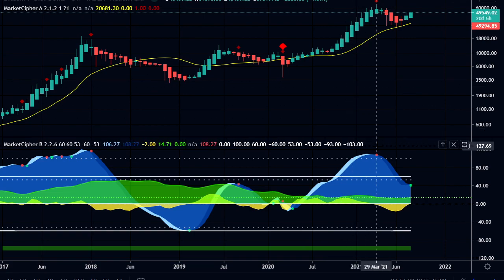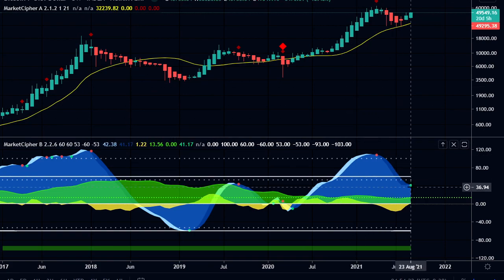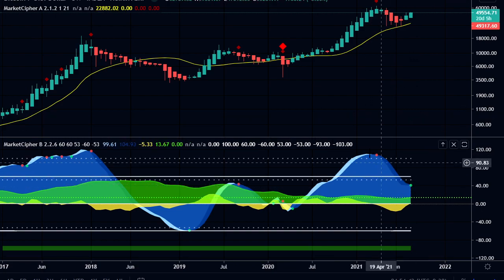And one reason to get very bullish here on the rest of this bull run is this is the 3-week chart. And we did just open this new 3-week candle here, the 23rd of August. And currently we do have a green dot. And it will take another 3 weeks to confirm that green dot, which would be 13th of September. But as long as we stay around these price levels at these high 40,000 area,